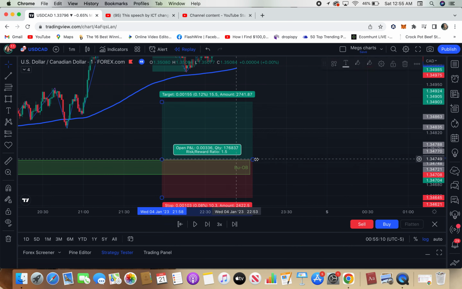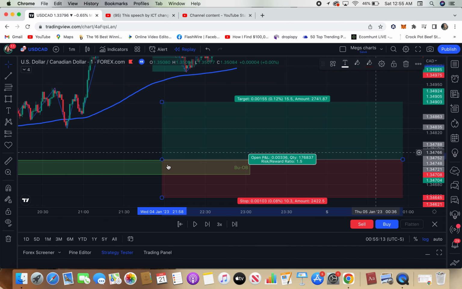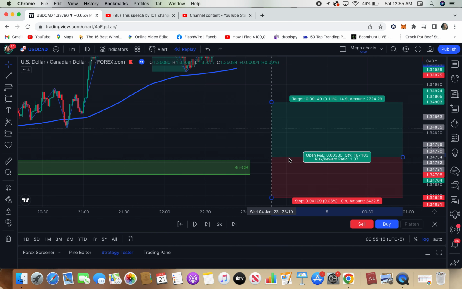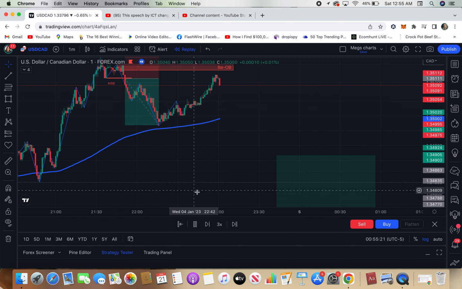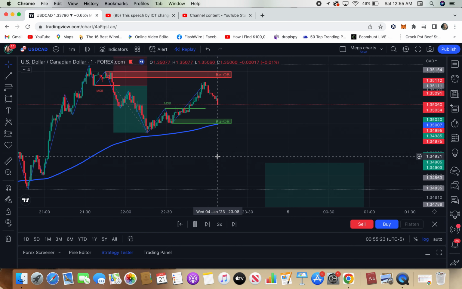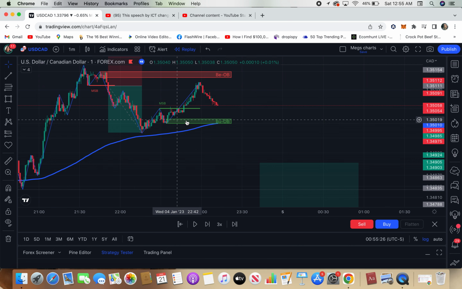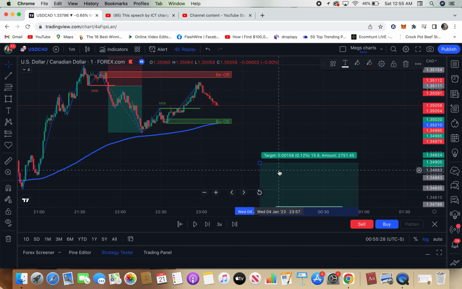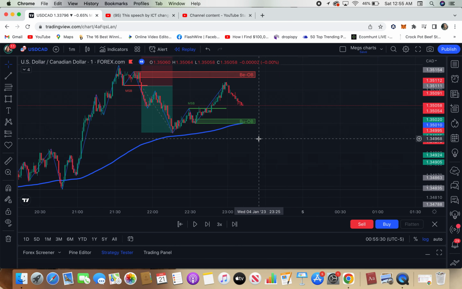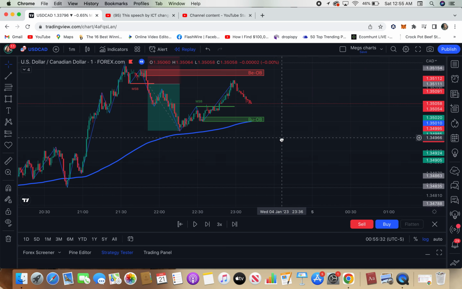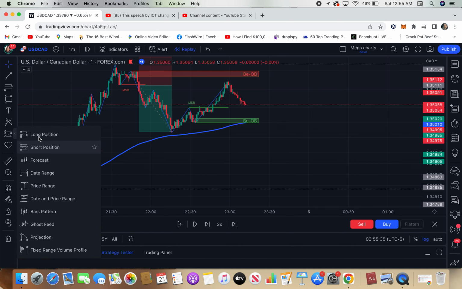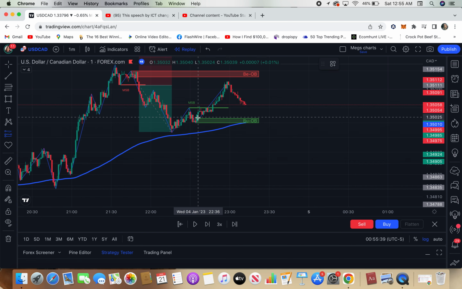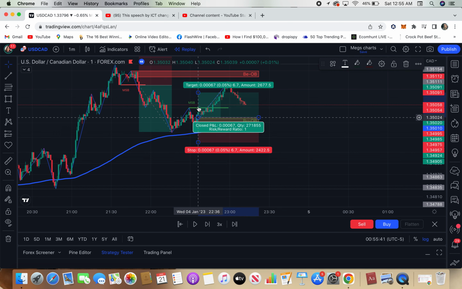As you see, the order block's moving, so we're going to move this over. It may not hit it. As you can see, we now have a bullish order block. So I'm going to delete that because it's more than likely not going to get there. So as you see, this long right here,